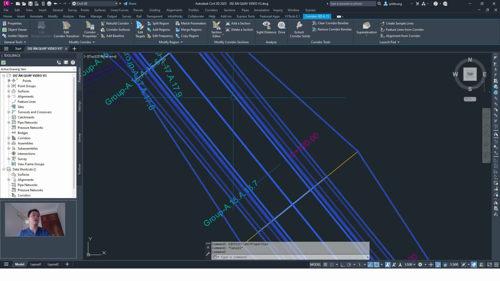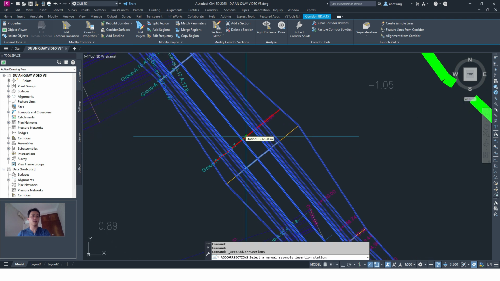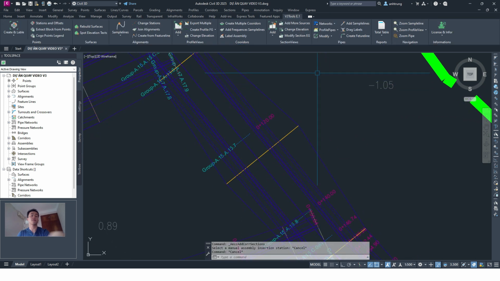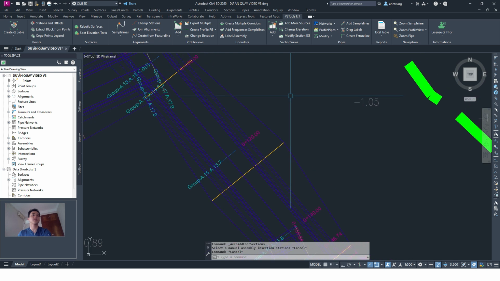In Civil today we have a section function, but it's only one section at a time, and I have created a tool for it. We can create a multi frequency assembly, and I click multi frequency assembly,